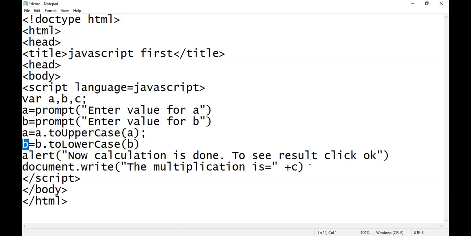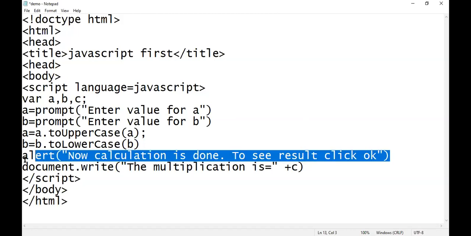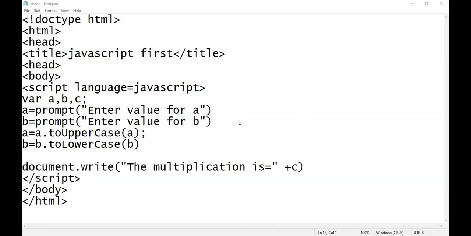Now I don't want this alert message, so I'm removing it.